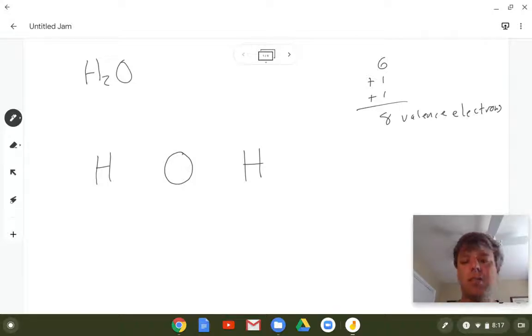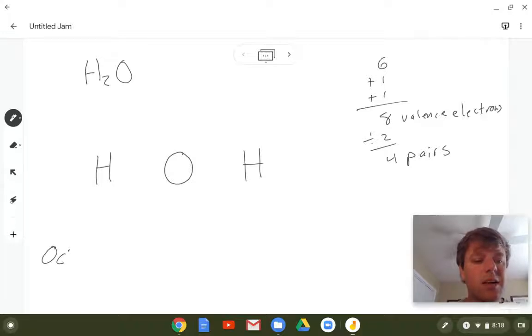Now, electrons in covalent compounds occur in pairs. And a pair is, as you might remember, 2. So if we divide this by 2, we get 4 pairs of electrons. Now, in chemical bonding, there's this thing that we're going to be following called the octet rule,